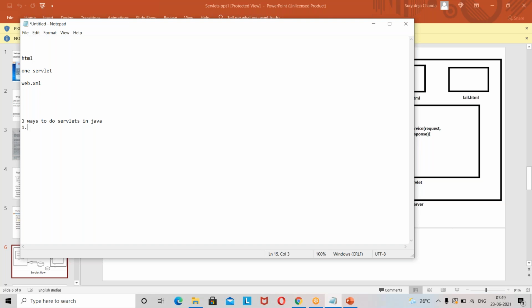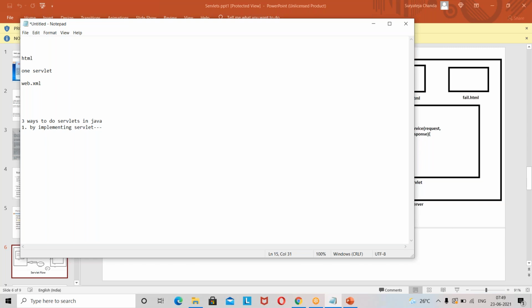The first way is by implementing the servlet interface. Servlet is an interface. Whenever we implement it, you need to override all the methods present in it.